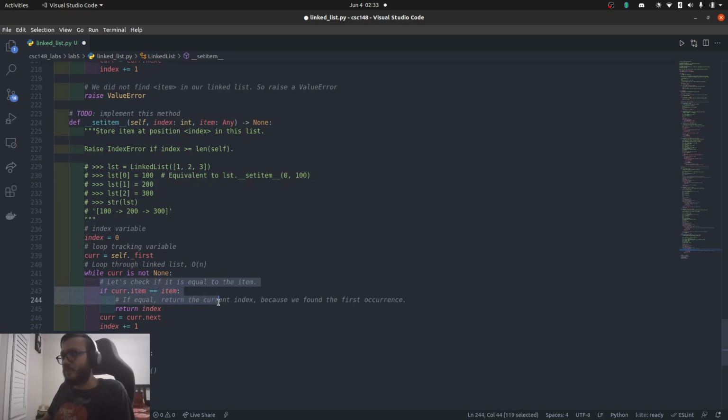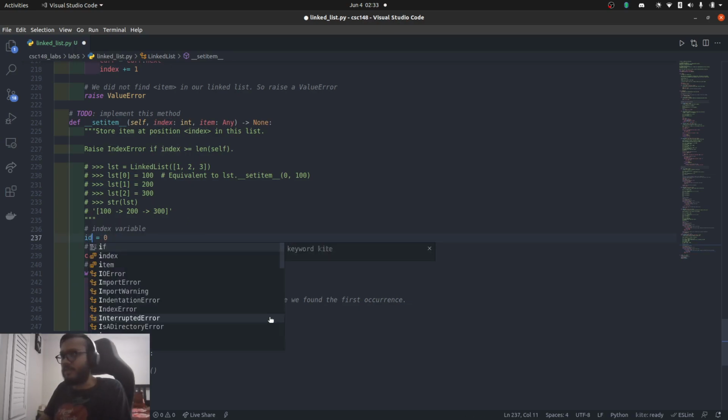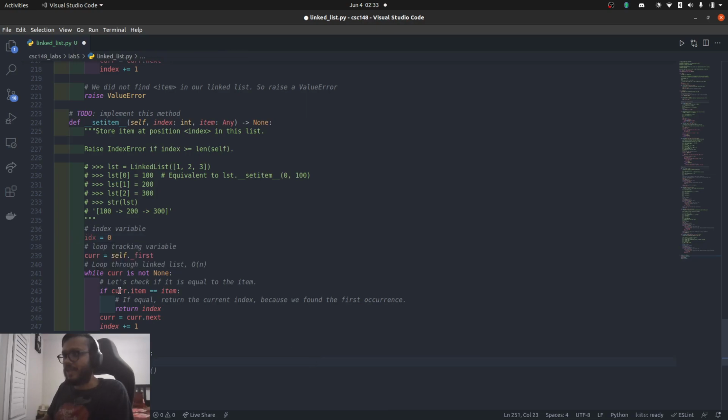These variable names conflict, so I'm going to change this variable to idx for index. And let's check if we are at the index that we need to set at. So if idx is equal to index,